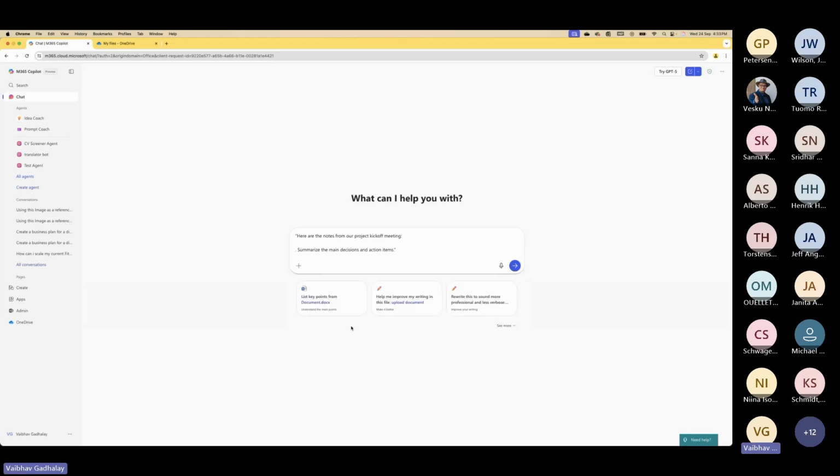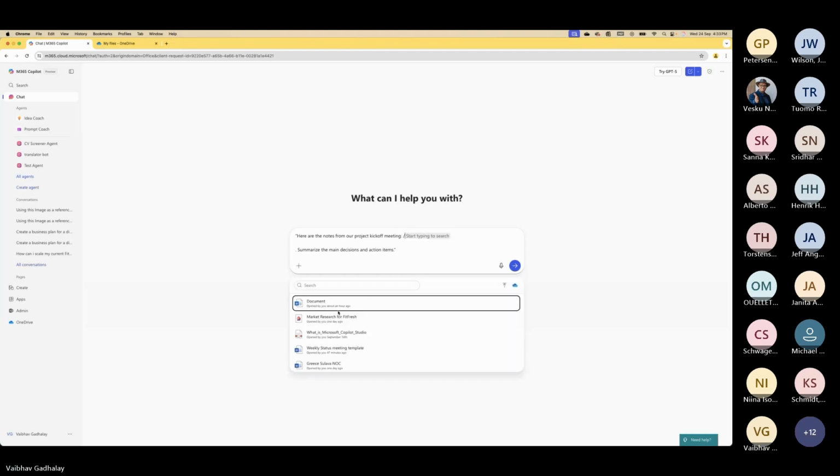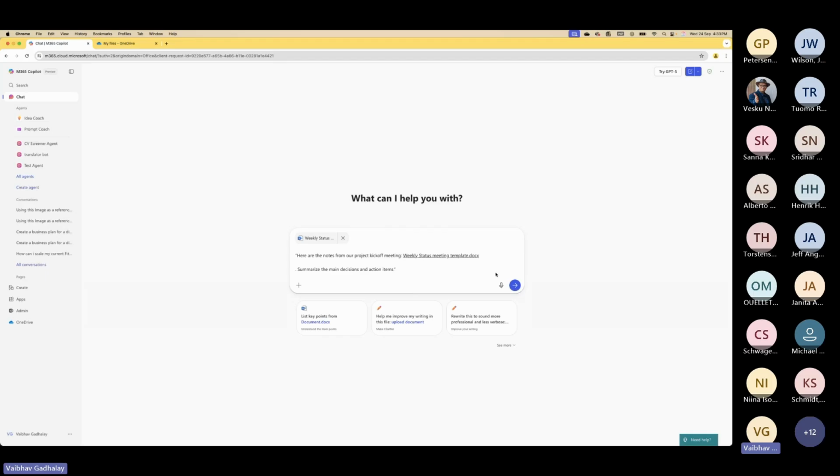And you can also ask it to do it based on a template. So you have the option of putting in the template as well, saying here are the notes from the meeting, and this is the template that I want you to follow. Unfortunately, I don't seem to be finding the transcript. It may have gotten lost in some of the recent downloads, but let's just give it the